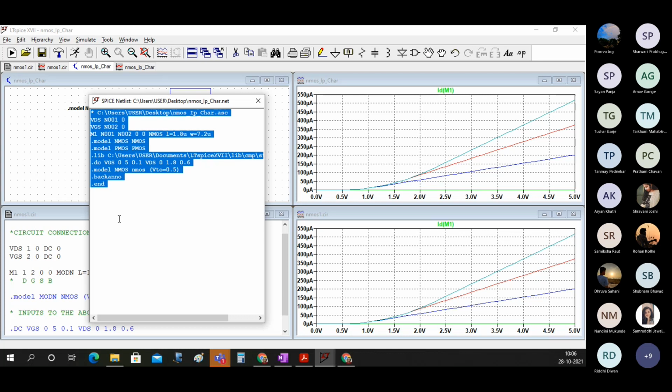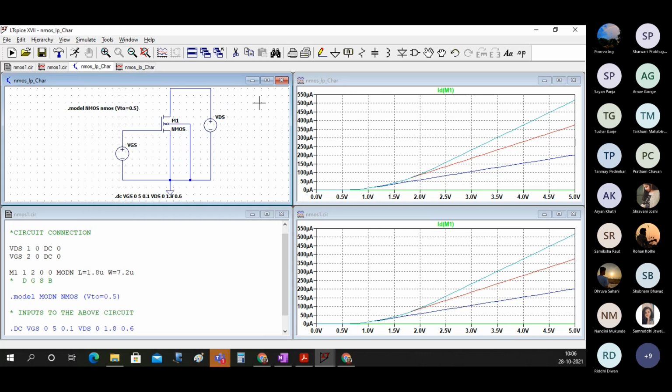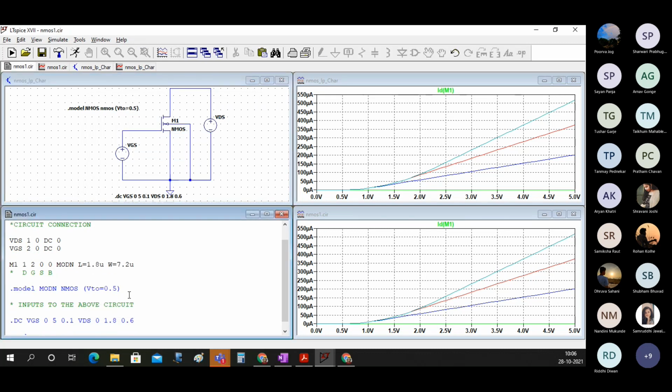So that is something that, if you want to study that, then you have to understand how to write the Spice file and what is the significance of it. So this Spice file actually is like an interface between different softwares. Every software will understand this Spice file. They might display results in different ways, but the common thing between them is this Spice file. So you can design in one, read in another, and so on.